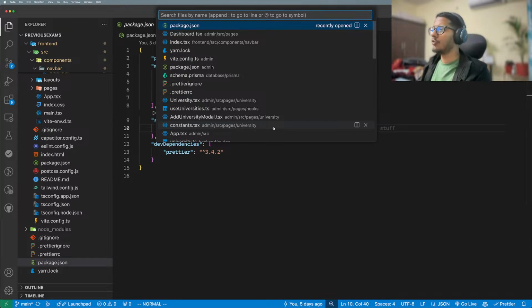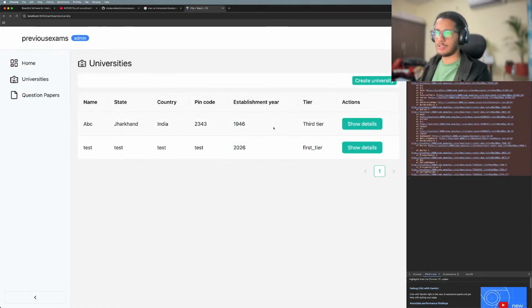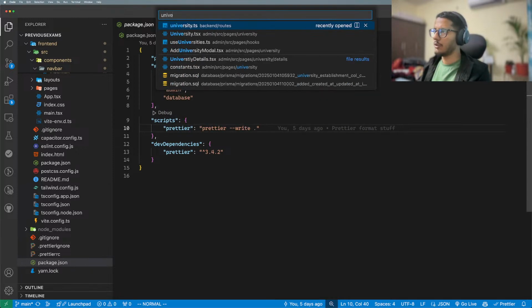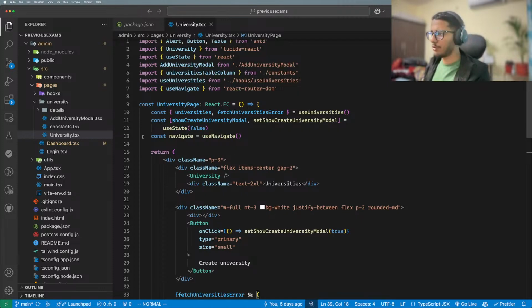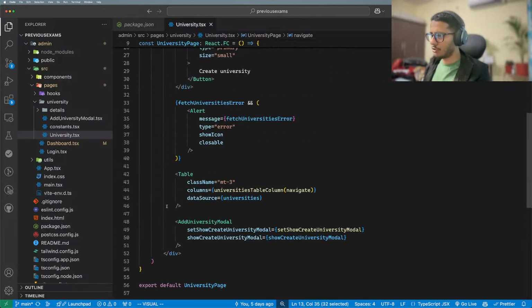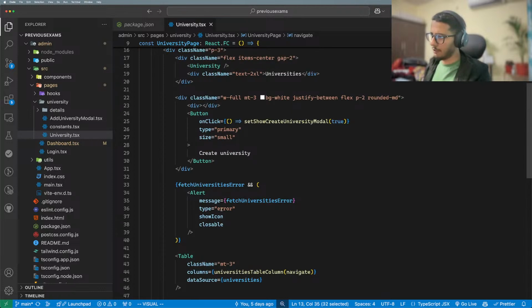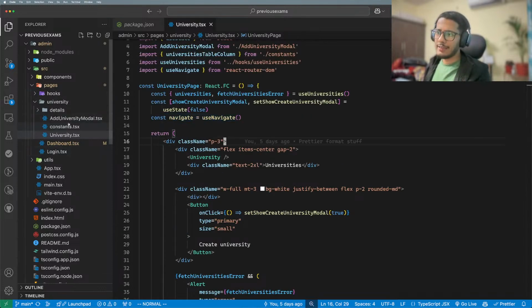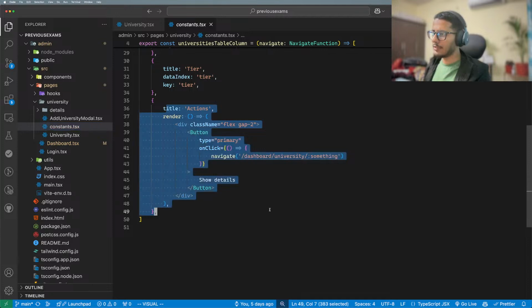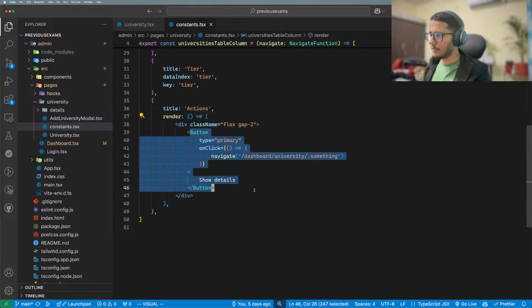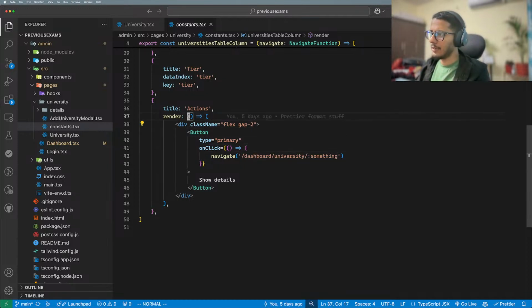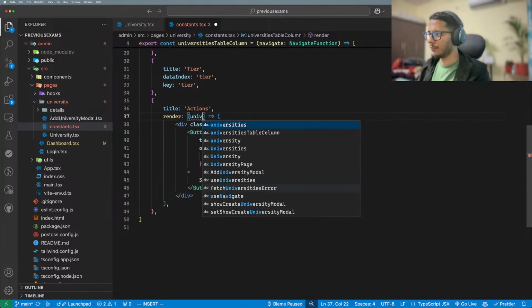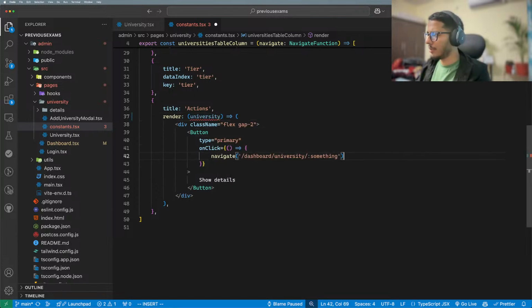For that, we'll have to go to the, I don't know which screen is this, university screen. University.tsx. Yeah, this is the page. So we had this navigate function, which we were putting somewhere. Okay, so we had this constants file, which had this render function, which had this navigate to something. The best thing is we can get this thing called university over here as a parameter. And now we can do something very interesting. We can go over here, we can remove this and